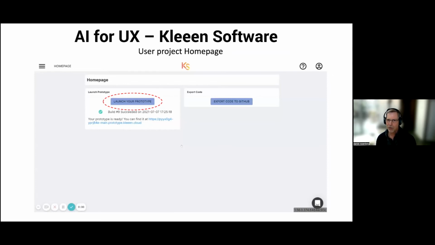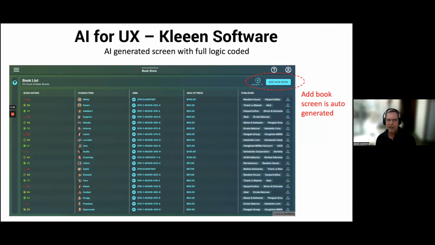And then you have a screen where you can launch your prototype, you can play with the user interface, and you can also make suggestions back to the AI. And eventually you export your code to GitHub and you publish it to the Amazon cloud or the IBM cloud or the Oracle cloud or whatever. It doesn't actually care. And it uses all the major UI development toolkits. It doesn't care if it's React or if it's Google Material or whatever. It's pretty broad. And boom, it creates a user interface.